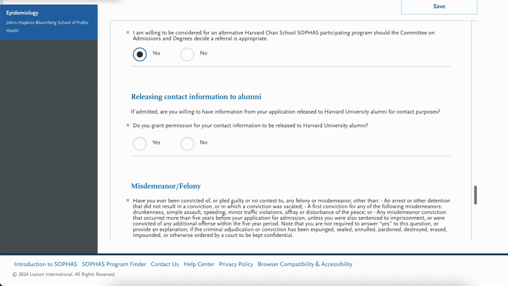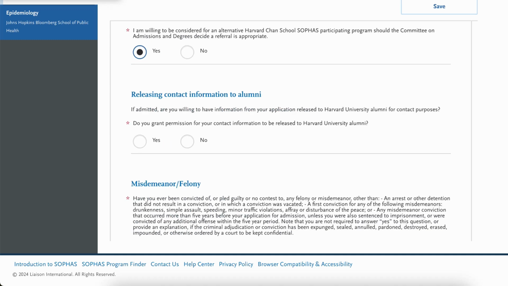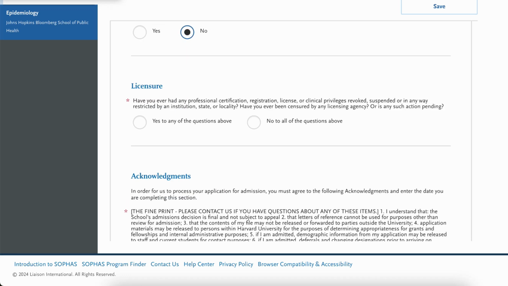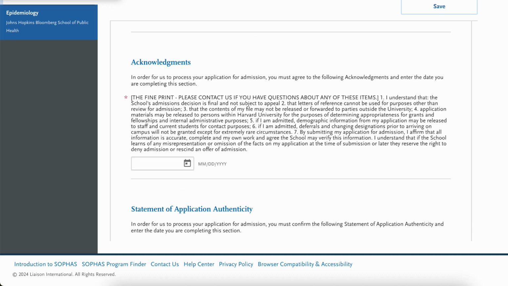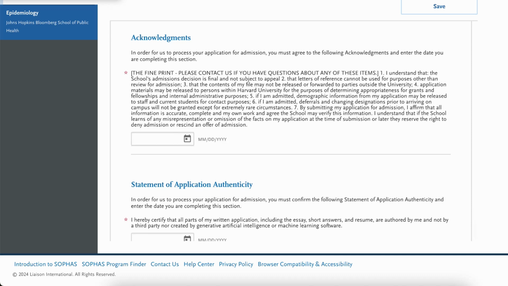If you want, yes. Releasing contact information to alumni. Yeah, if you want your information to be given to Harvard University alumni, maybe yes. Licensure. Have you ever had any professional certification revoked or suspended? Well, no. And so we are going to say that okay, everything is true, and then we are going to